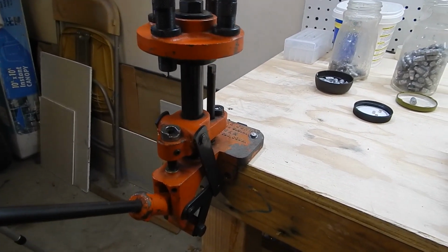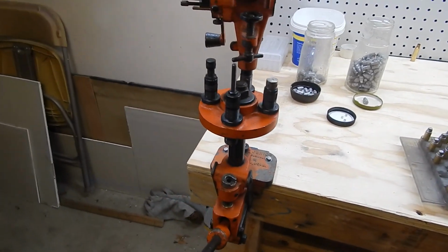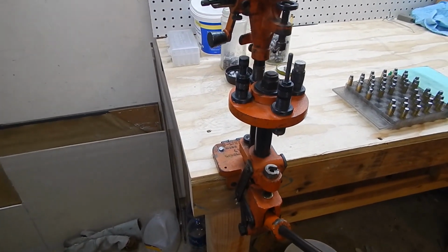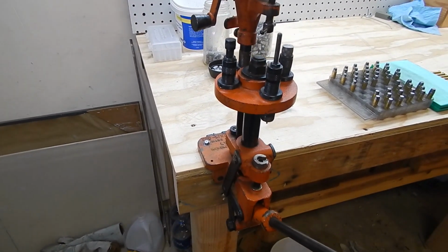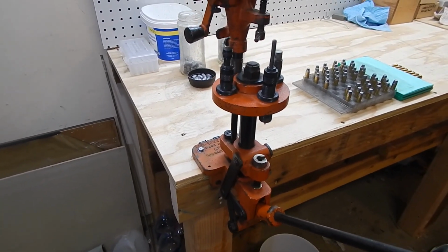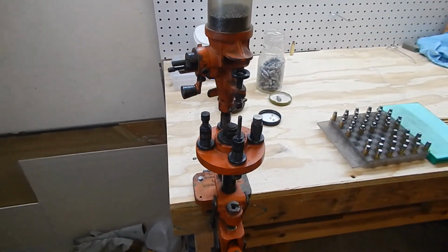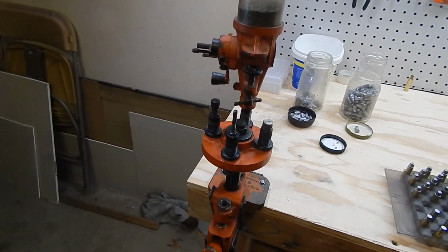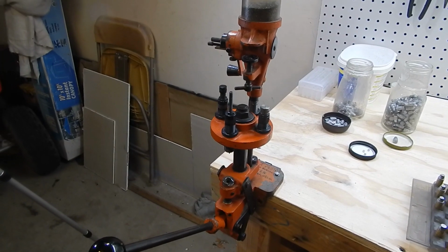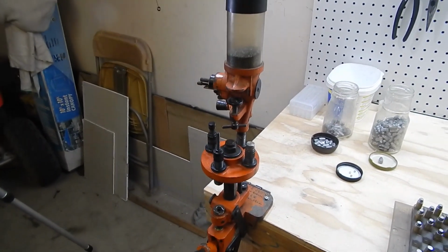I've been reloading for probably a little over a year now, and going back to this from a single stage that I have or a Lee progressive press, it's fun for me because it's like going a little bit back in time. Anyway, I'll take you through the motions of this, explain a little more in detail about the features, and load up a couple of rounds so you can see how it works. Alright,